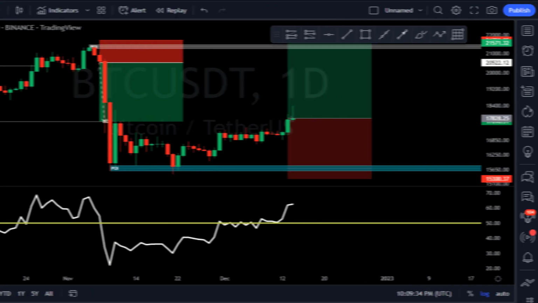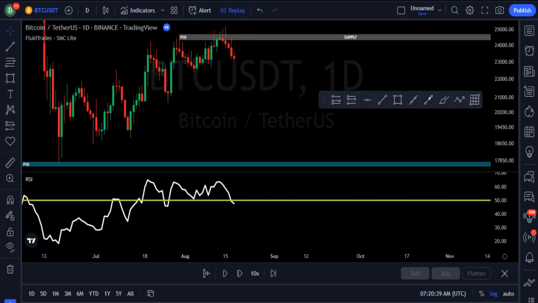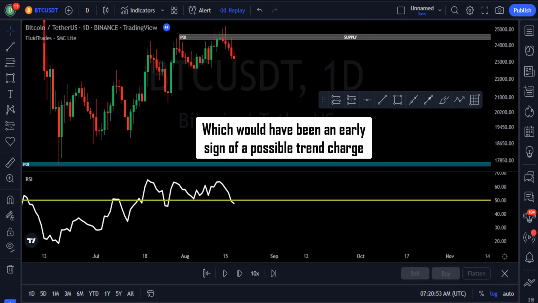For example, here is an example of a selling setup. You can see that the price has been making higher highs before the price reached this point, and the fluid indicator signaled that this is a supply zone, and the price tried reversing. Notice that the RSI moving average just crossed below the 50 line, which would have been an early sign of